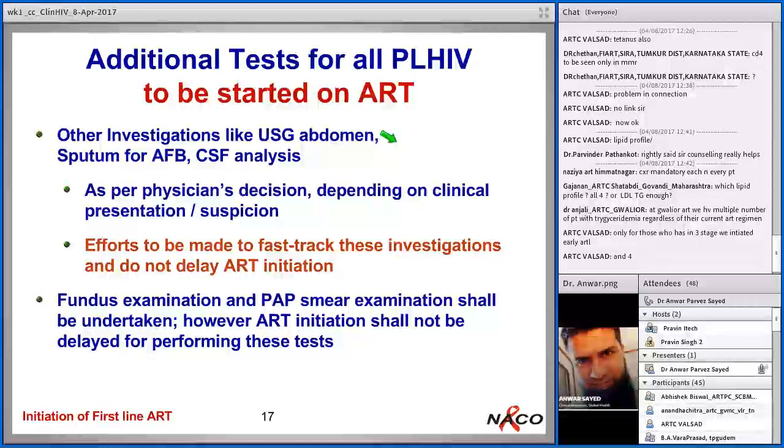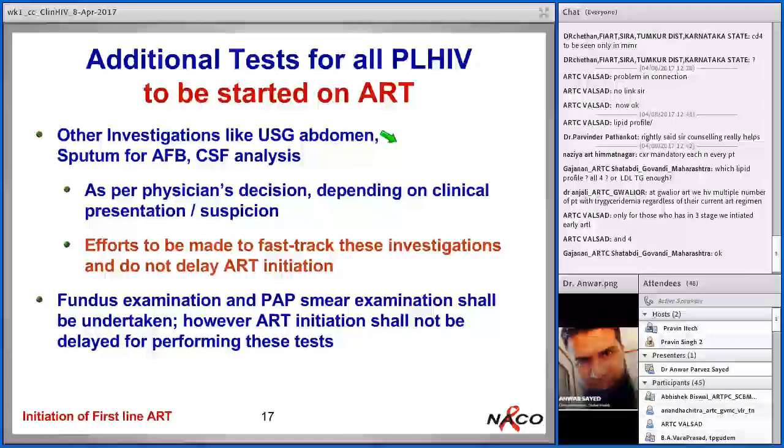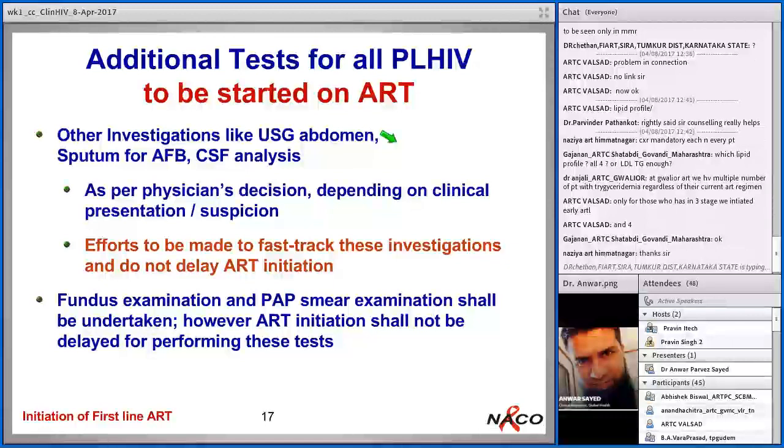Sometimes they advise USG abdomen in each and every patient, and it is not available in the hospital. Patients will be given an appointment after 2 months. So please don't do that. Do the clinical examination. If you feel that this patient requires it, in the best of your own judgment, you can do USG abdomen. Don't advise it in each and every patient, especially because we don't have the facility in all setups. Even if we have, there is a huge backlog. And don't send patients to private for USG abdomen if it is not there at your center. Of course, if it is not available, then we find out ways to do it, but not in each and every patient.